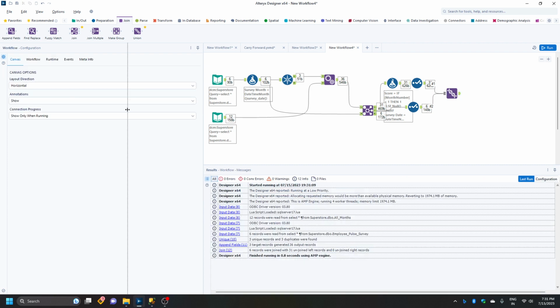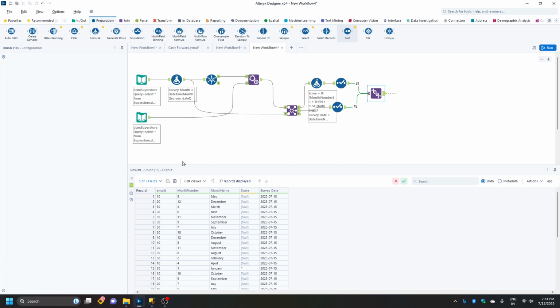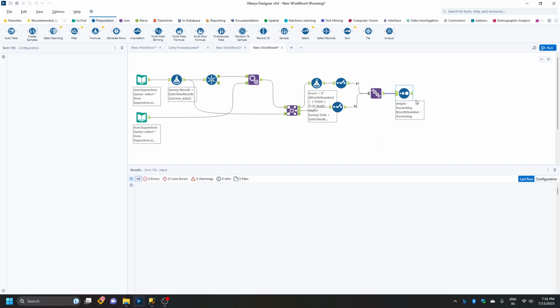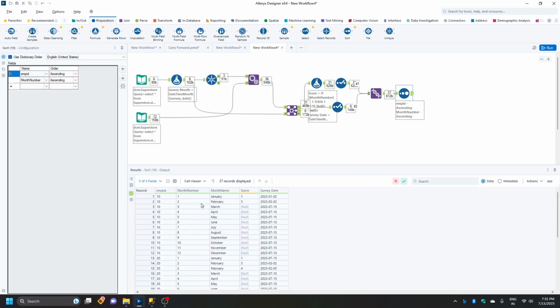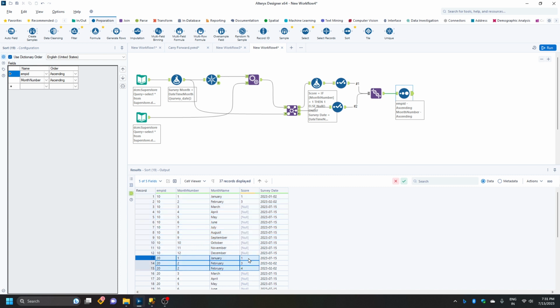Okay, let me click on the output anchor. Perfect. I have employee ID. Okay, let me just add one sorting option in this case to see the results in a little more meaningful way. Alright, so I'm gonna click on run button once again. I've got employee ID 10, which has 12 records, and for the first month we had the score, but later on it is considering as 00. Okay, for 20 we had in the month of Feb, so it has already added my 1 in the start,